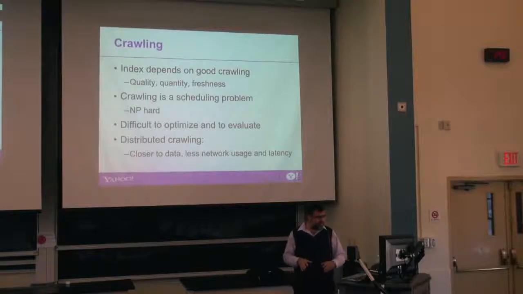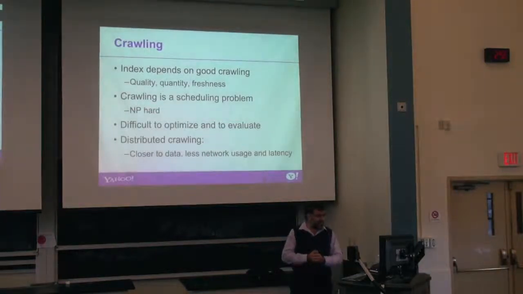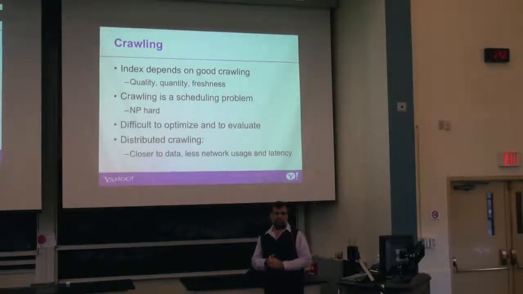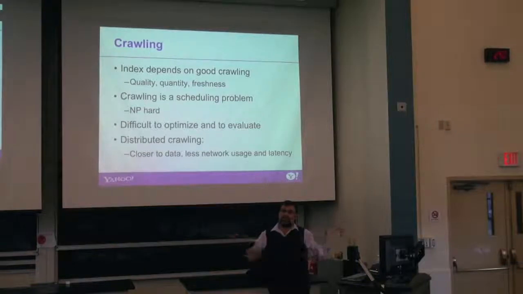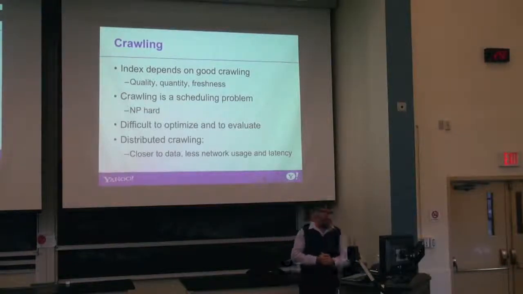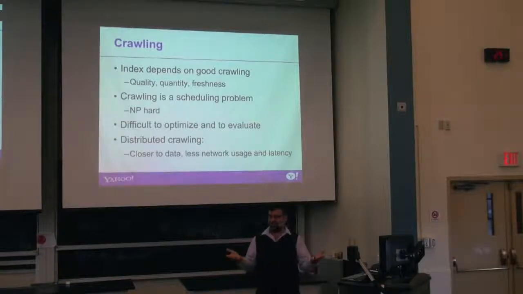So let's start with the first model, which we'll talk about very little because we have less research here, but this is not a crucial part. Basically, crawling is a very hard scaling problem. You need to distribute many threads on many servers to gather data from many different places on the web. It's very hard to optimize and very hard to evaluate, because you would need to have the same internet to evaluate, and that's impossible. You cannot have two crawling algorithms running on the same internet. If they run at the same time, it's not already the same internet.